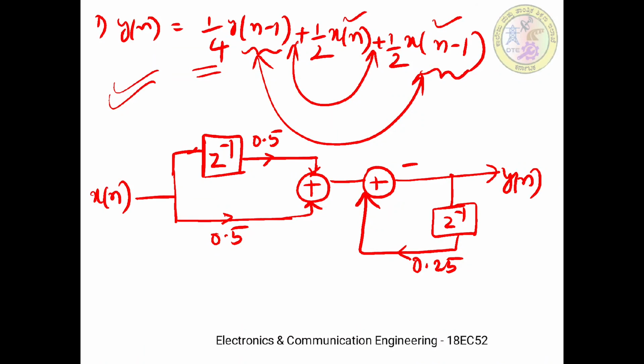So the block diagrams give us the pictorial representation of discrete time systems. Similar to this, you can have any combination and any number of delay elements and adders. Whatever mathematical expressions are representing the discrete systems can be put in the form of diagrams, and that is known as the block diagram representation of discrete time systems.